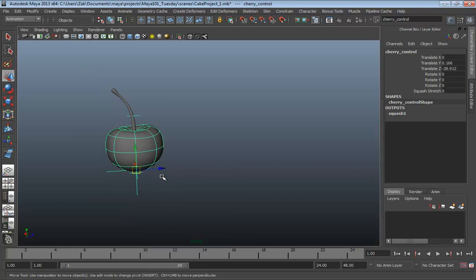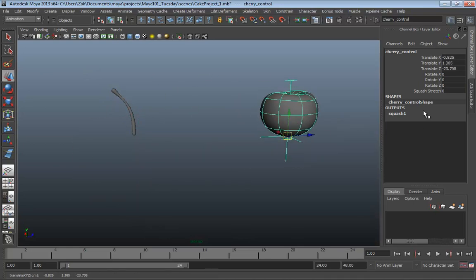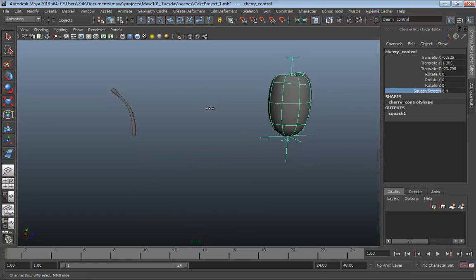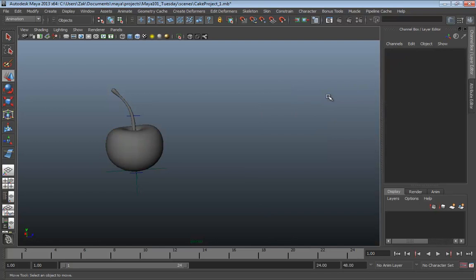Now the great thing is that our rig is becoming much more functional. We can move our cherry around wherever we want it to be, and at any point we have instant access to squashing and stretching. And I'd like to go ahead and give everybody a second to catch up to this point. While people are following along and finishing all of this up,